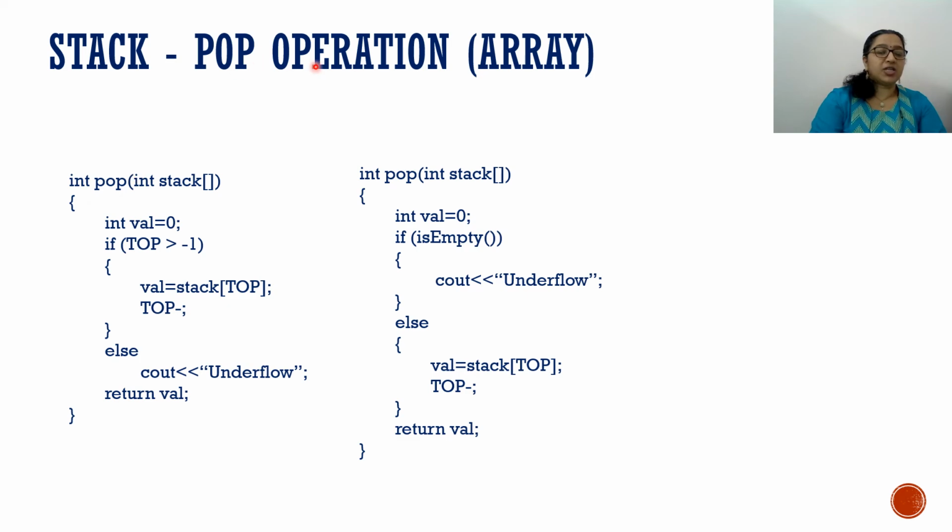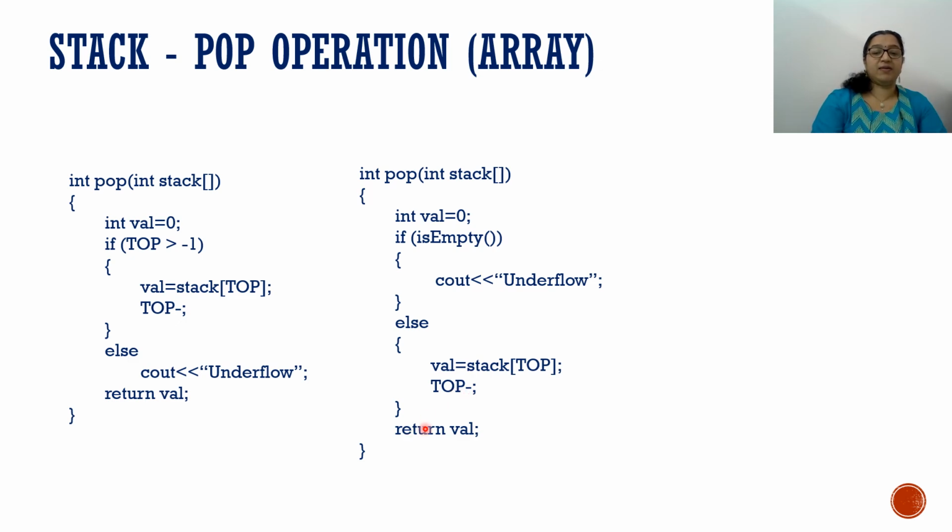The same pop function, I put it in a different style. Just see this. This is the normal style from the last slide, and here is how we put the same one. Here, int pop, we are passing the array. Int val is equal to 0. Then isEmpty checking. See, isEmpty is a function, an operation of stack. So we are checking whether it is empty or not. If it is true, we will get a message underflow. If it is not true, else there is a value in it. It is not empty, so we can store the topmost element to val, and top we are decrementing by 1,